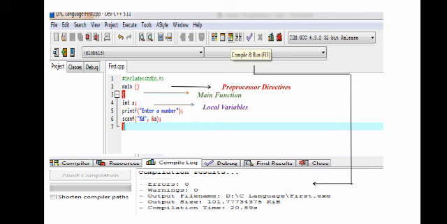If you do not use that semicolon, or the curly brackets, or if any part is missing while writing the program, then that is a syntax error. It will give you the error and tell you in which line the error exists, and you have to find the error and remove it.